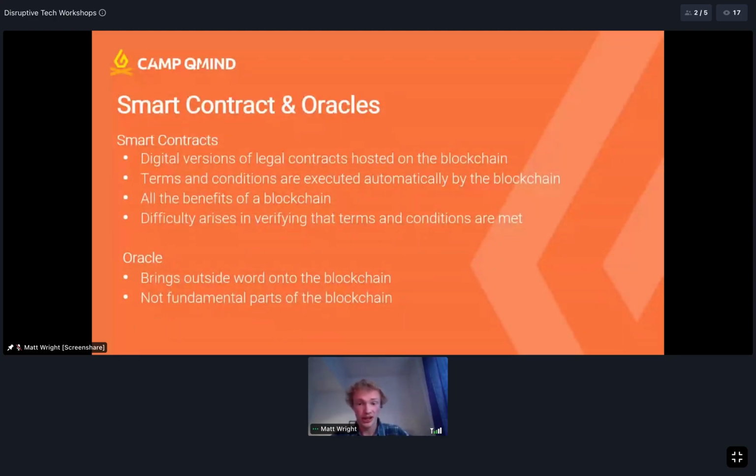It's on the blockchain. The thing is that blockchains are pretty isolated systems, and smart contracts rely on more pertinent real world data. So if you're talking about a supply chain system, you might have a contract based on, okay, these goods are received on time and in the proper amount. But how do you take that data and verify it on the blockchain? That's what an oracle is for. And they bring the outside world onto the blockchain.